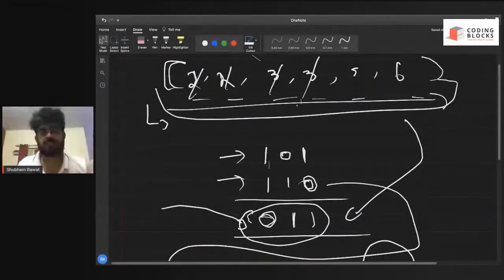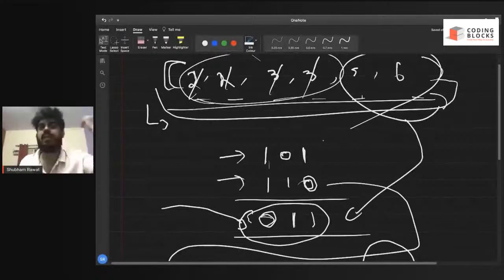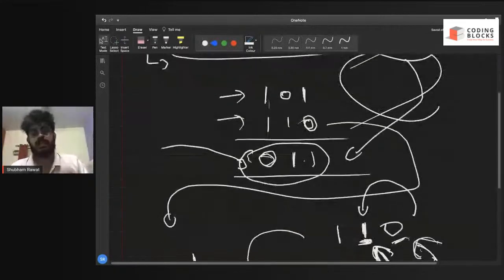And we know once we do XOR of same elements, we get 0. So these got cancelled out. And at the last, the result that you will get will be the XOR of these two unique elements. So once you get the XOR of these two unique elements, after getting the XOR of both of them, you